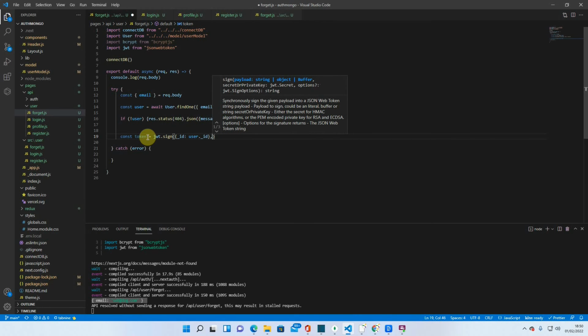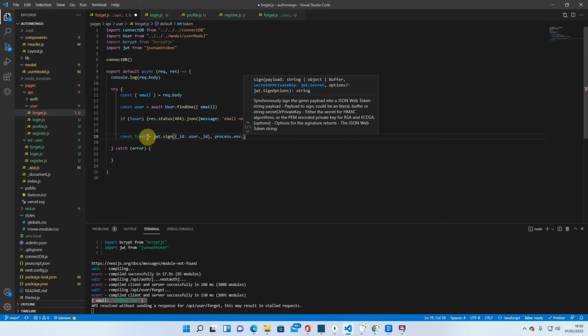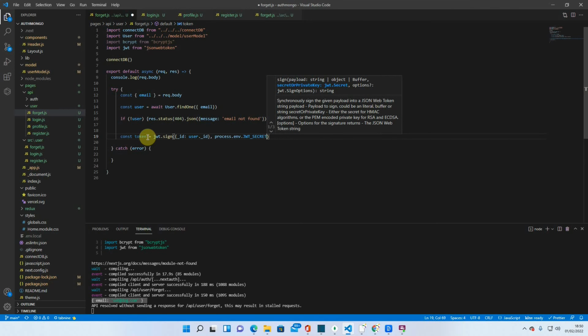Then on the outside of this we need process.env.secret, so it's process.env.JWT_SECRET actually, isn't it? JWT secret. Then we need to do expires in,